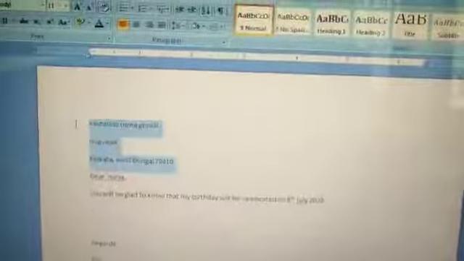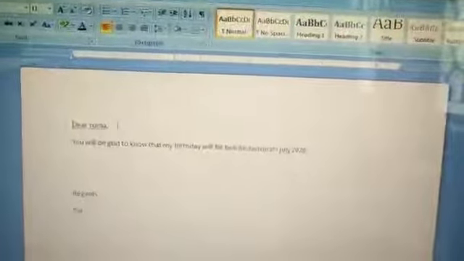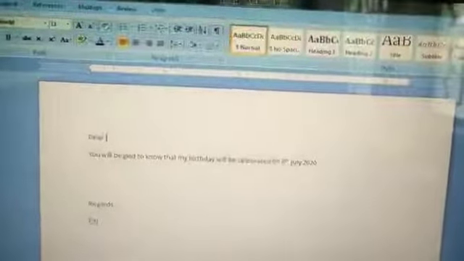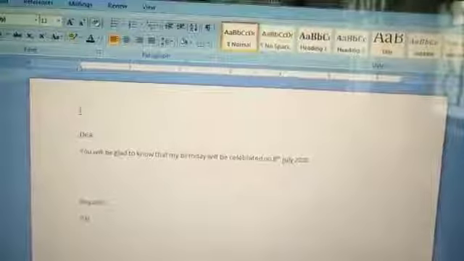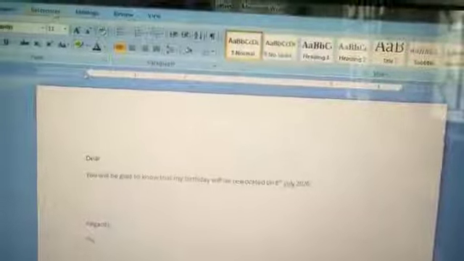Now I am going to show you how to do these things using an existing list. Already I have some lists over here. Going to the Mailings tab, select Recipients. This time we are choosing the option Use Existing List.